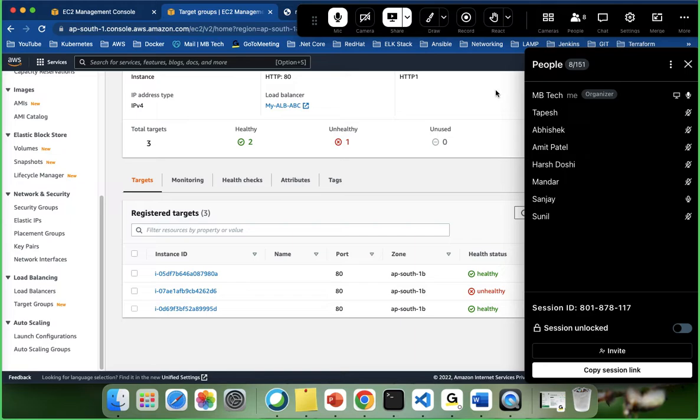If the dev server goes down, we can still wait for the development to resume, because a load balancing setup is costly, so you have to pay more for load balancing, right? So that's why you don't necessarily have to set up load balancing every time. Only for the production server, where you're targeting multiple servers and giving a commitment to the customer of high availability, do you go for load balancing. Okay,